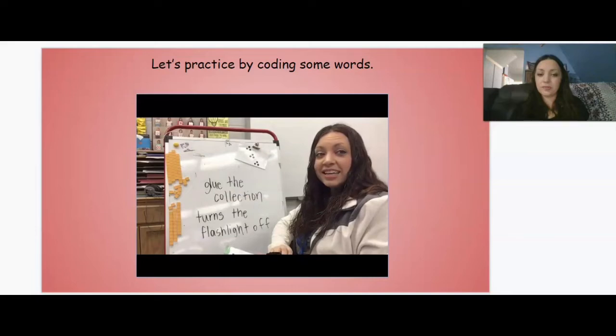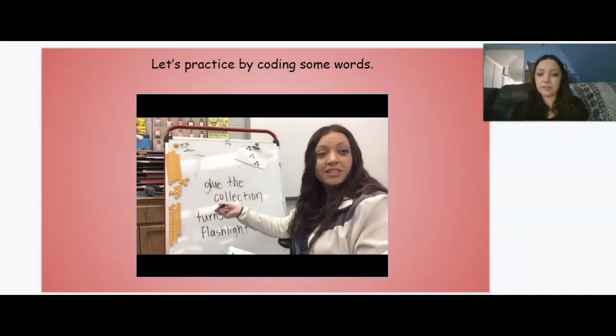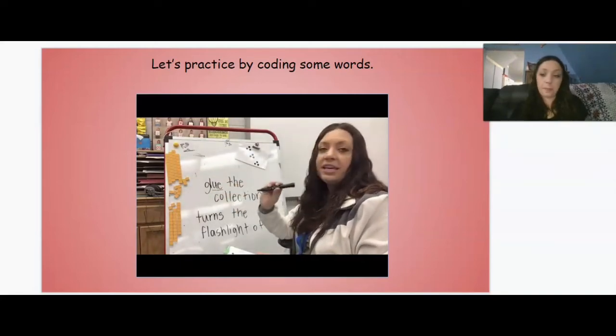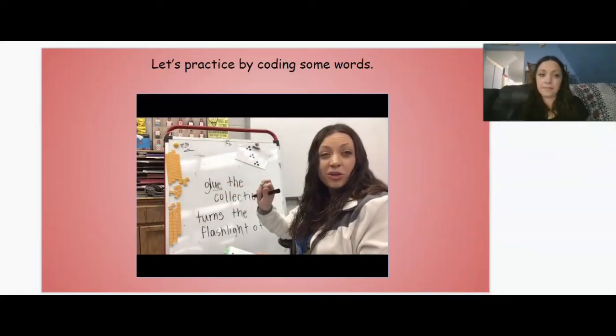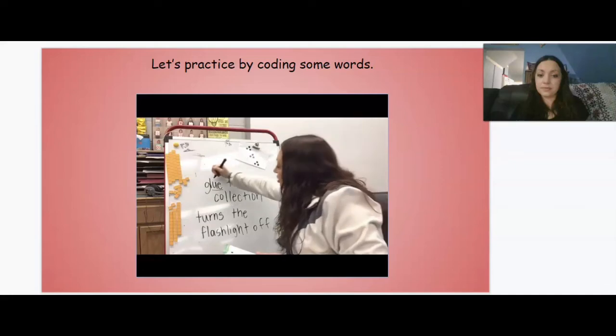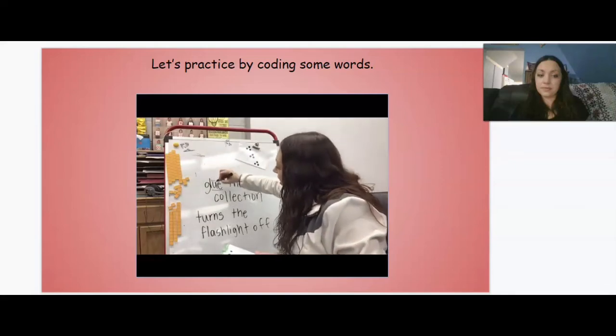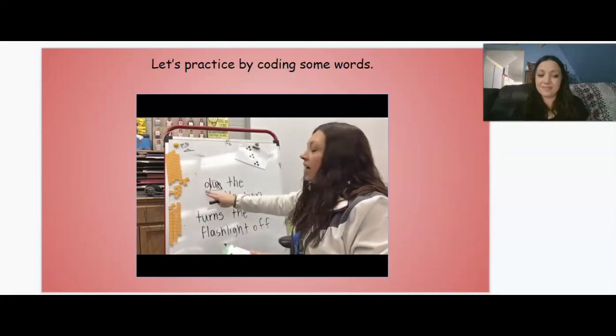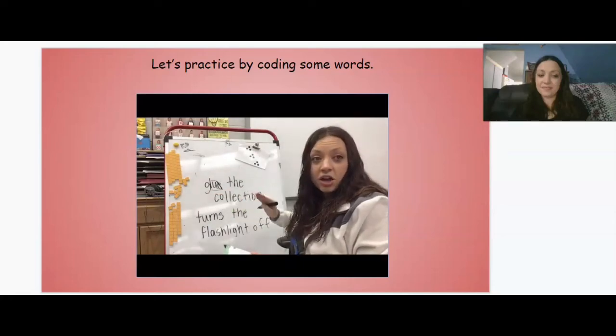Do you see anything? That's right, it's something we talked about today. We have that digraph UE. So we're going to underline the UE. And remember, this follows the same rule that most of our vowel digraphs have, that we say when two vowels go a walking, the first one does the talking. So it's a long U and a sneaky or silent E. So, and I've got that blend, the GL, so I can say glue,